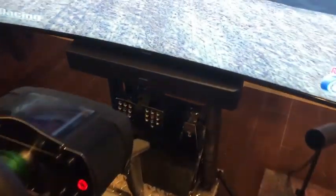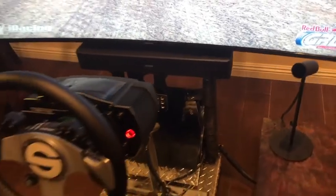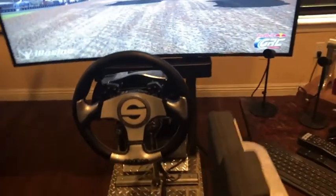So I want to talk about, now that we have that figured out, of course we have a sound bar here too. I added a Bose sound bar to the bottom, right? Gives me some extra oomph on the sound. And one thing I want to talk about, speaking of sound, before I get too far away,